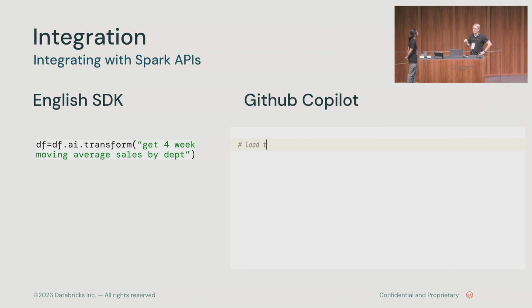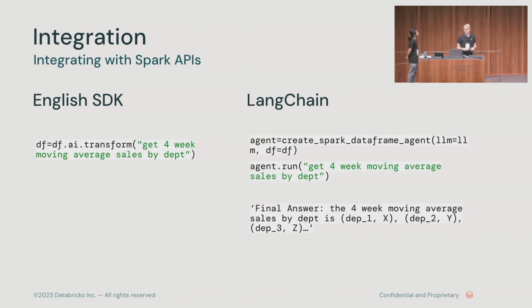It's a little more step by step. You have to actually view the code and think about it. You can't just run it, but you're going through the process of creating it, like you see here on the screen. If you use LangChain directly, similarly, it's not going to send you back a data frame that you can keep working on in your environment. It's going to give you an answer to whatever you ask it to do in this way, as I'm showing on the screen.